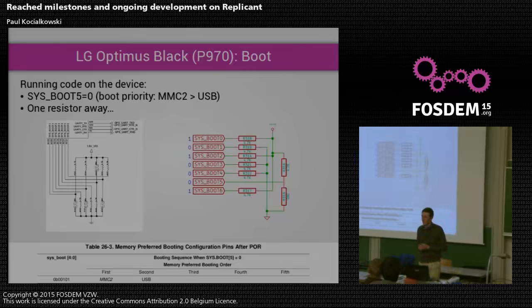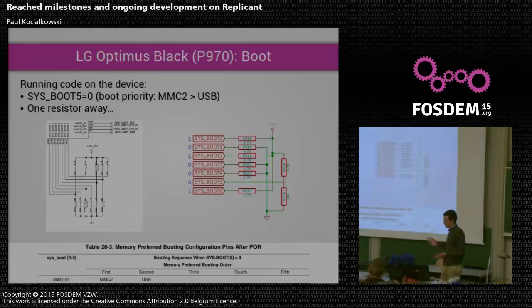Well, let's first think about how it boots. To find out where it's going to load the bootloader from, there is a series of resistors which indicates the boot priority, right? Because you've got different options, and obviously the boot ROM has to decide where to look for the bootloader first, and then second, and so on. That schematic is extracted from the technical documentation that leaked. So you see a few resistors. Some have a little box around them, which means that they may or may not be there.